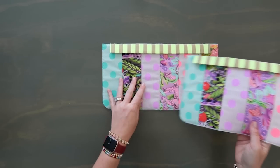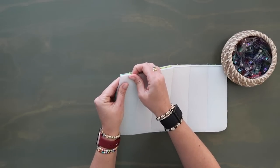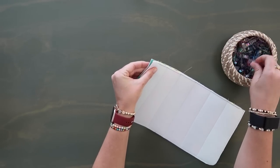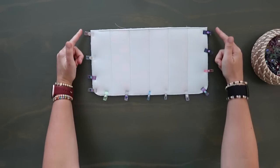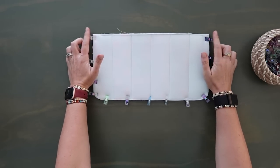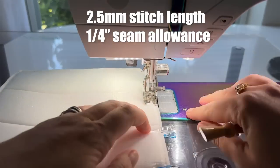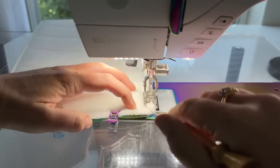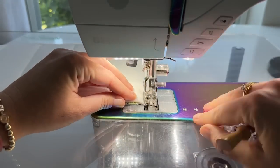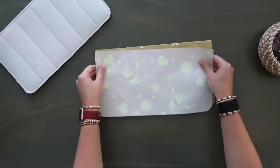So now grab your front and back panel and lay them right sides together, aligning all the edges. Grab some clips. Let's clip along the sides and the bottom. Now let's sew along the sides and the bottom at a 1/4 inch seam allowance. Make sure you backstitch at the top, at the beginning, and the end. Once you have that sewn, then grab your 2 lining panels and lay them right sides together as well,